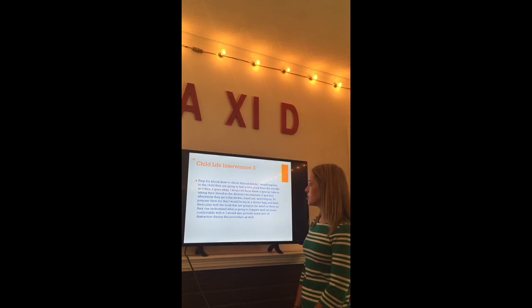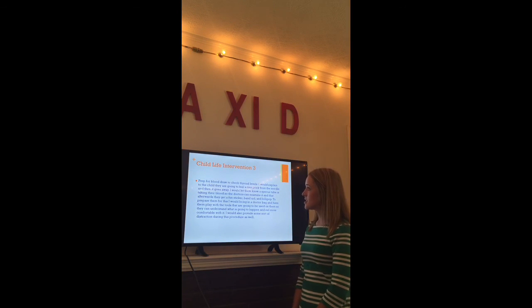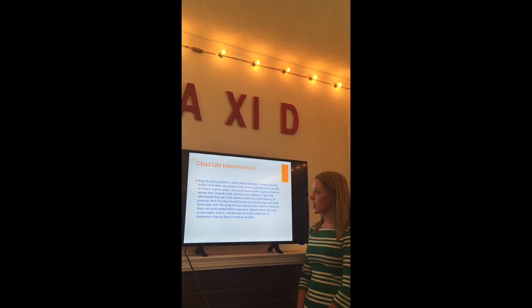since that is a huge issue with children with Down syndrome. With this, I would explain to the child that they're going to feel a tiny prick from the needle and then it goes away. I would let them know a special tube is taking their blood to the doctors so that they can examine it, and that afterwards they get a fun sticker, Band-Aid, and